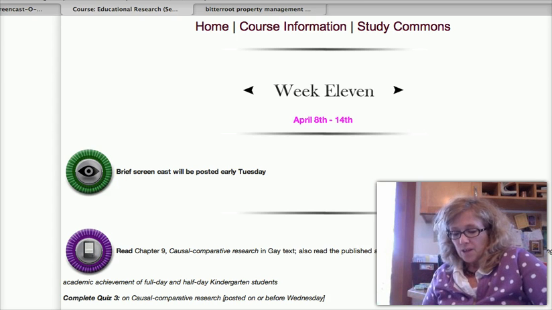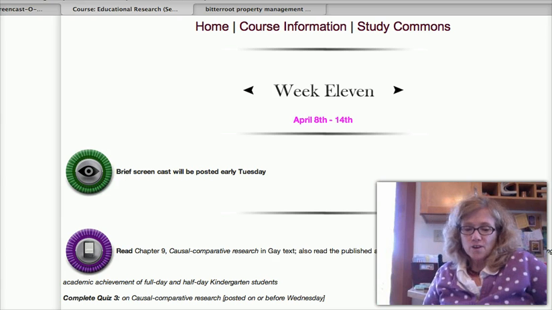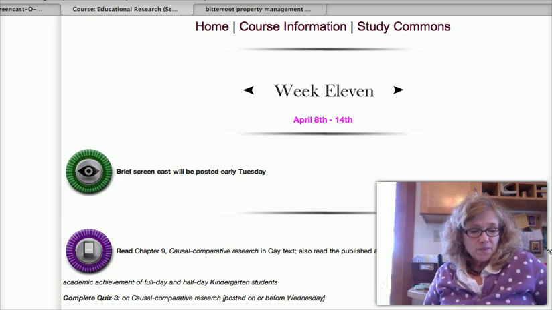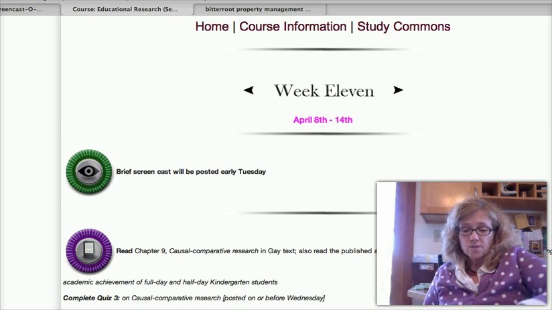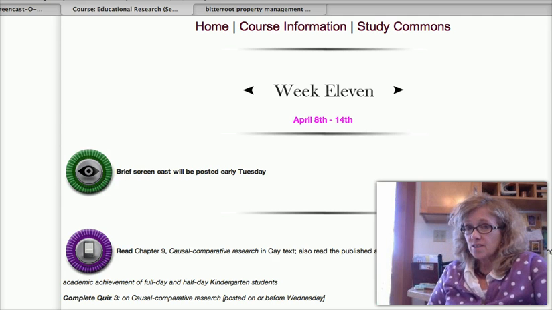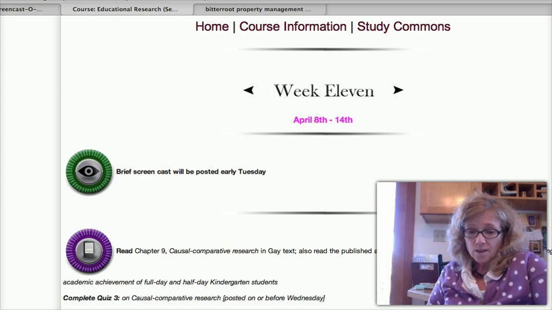So I realize that's a bit beyond our current discussion, but this is a very well done study, and the tables make it very clear where the statistically significant effects were. You'll be interested to look at the results and see whether or not there's a difference long term in students' achievement, depending on whether they attended full day